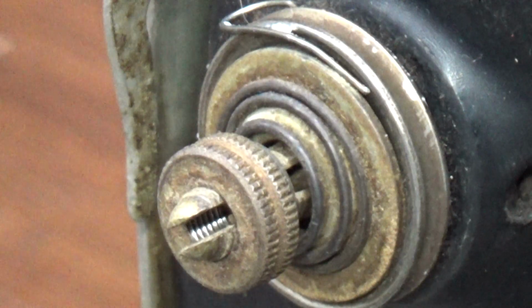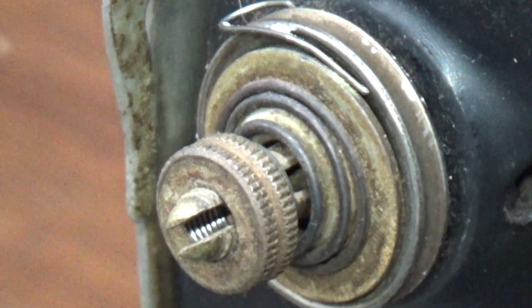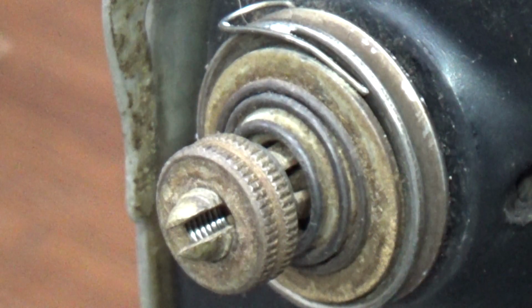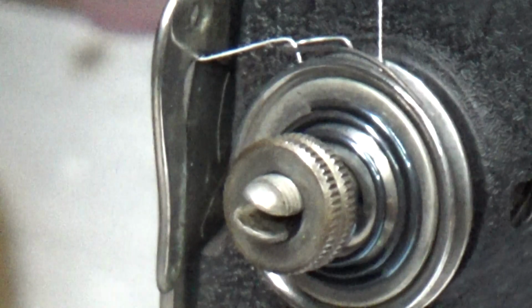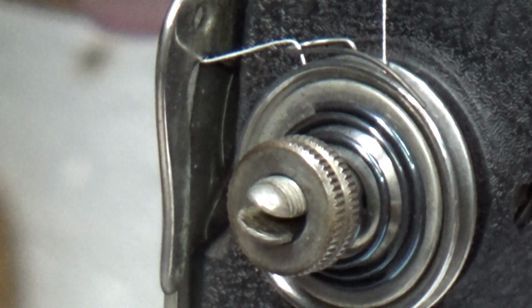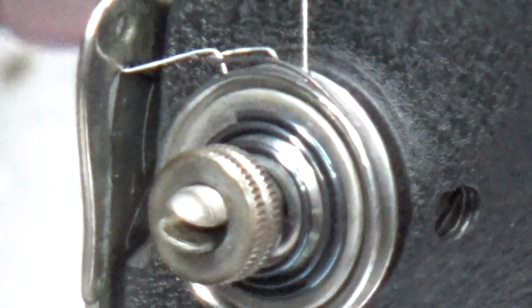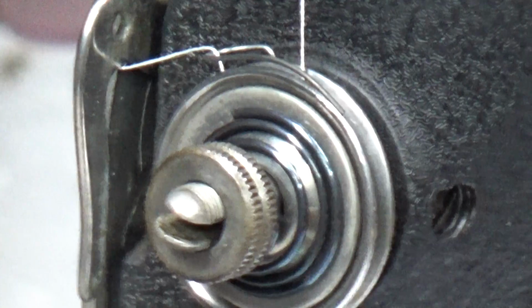And kind of like Renee's machine, that is one yucky upper tension, and it's not going to be able to do its job properly in that condition. So we're going to take it from this to something more like that, once my camera focuses. So that's what you see now on Renee's machine. Renee's machine looked just as bad on that upper tension as Cindy's does right now. So we're going to make it right. Because the upper tension is such a critical...